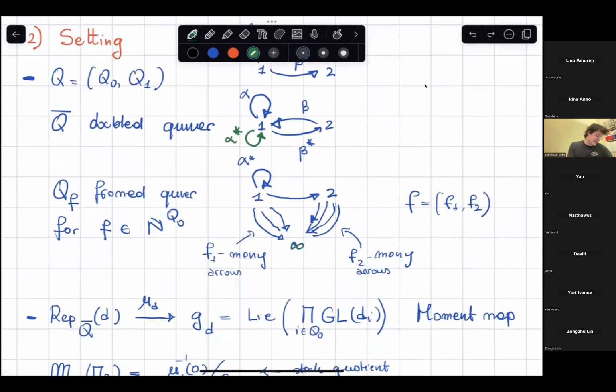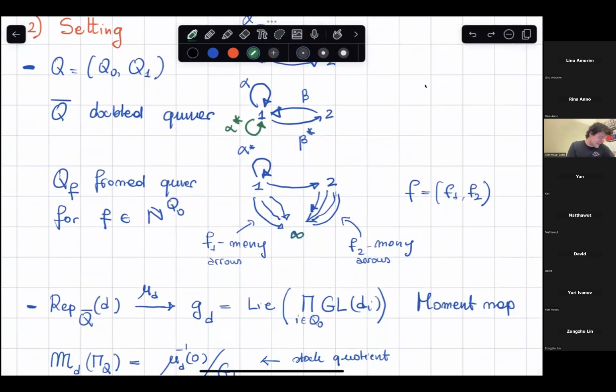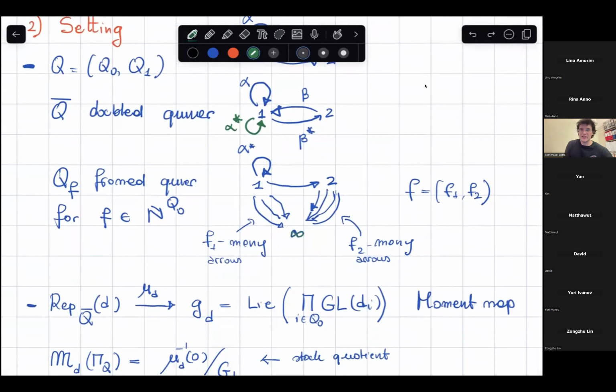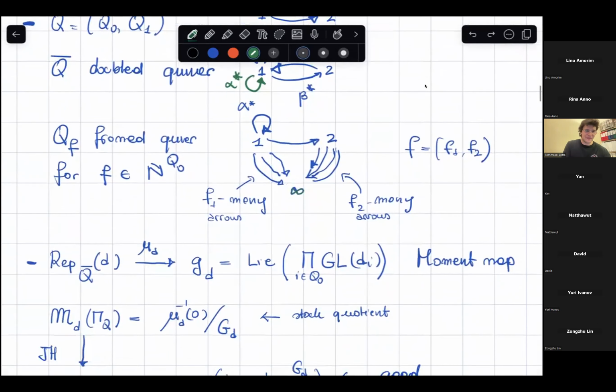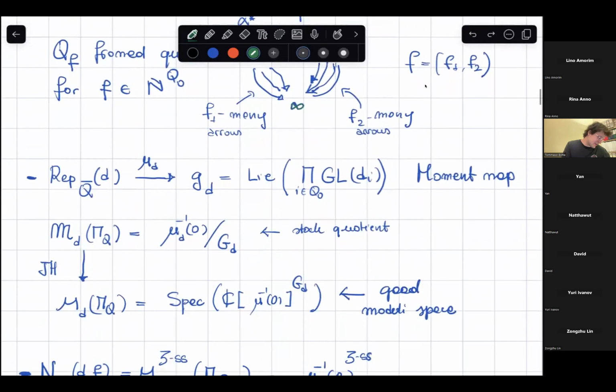Whenever I have a space of representations for a double quiver, I have some kind of moment map landing in the Lie algebra of the group of automorphisms of my space of representations. This is really a moment map in the sense of symplectic geometry, but for us today, this will not be so important. What will be important is that we can consider